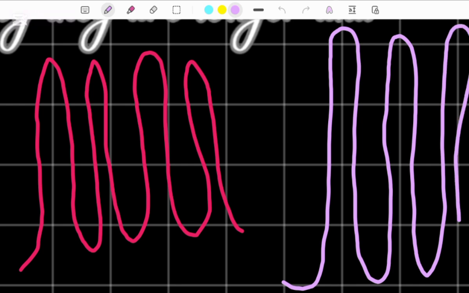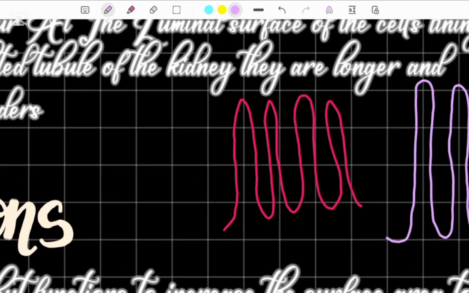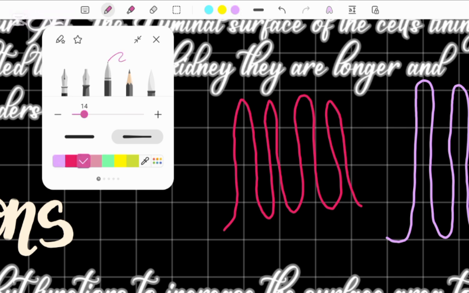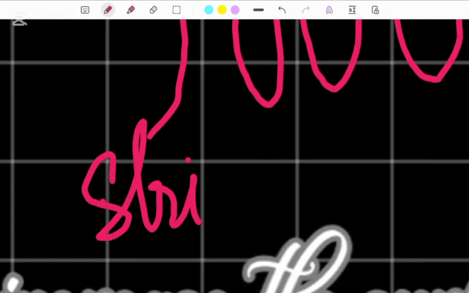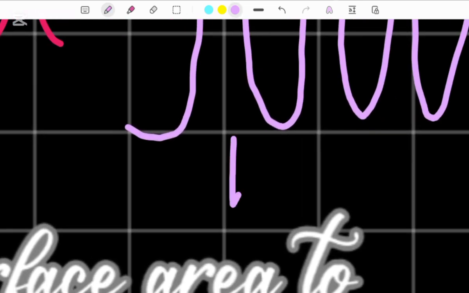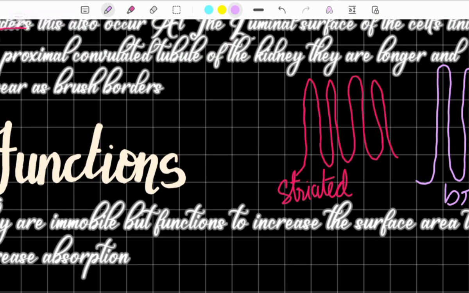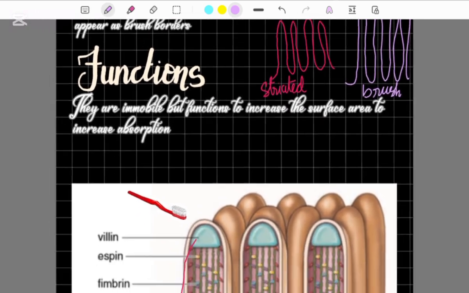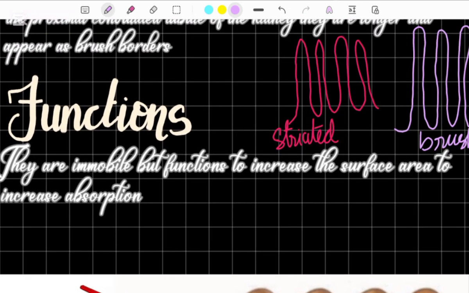There appears to be a brush border. Remember that. What's the brush border and what's the striated border? This one here is known as the striated border as they are small. And this one right here is known as the brush border as they are larger, and they are present in the proximal convoluted tubule, while the striated border is present at the luminal surface of the small intestine. That's the function of the microvilli. We have already discussed that they are immobile, but function to increase the surface area